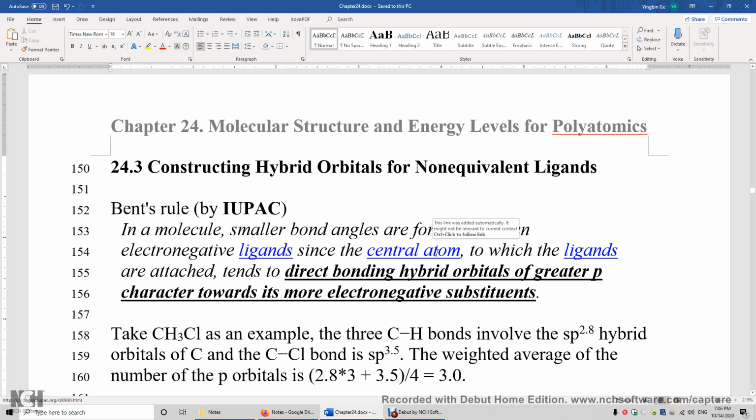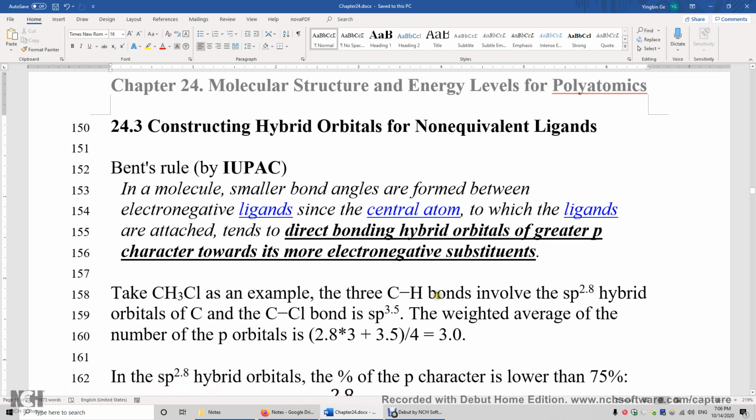Section 24.3 Constructing hybrid orbitals for non-equivalent ligands. Bent's rule states that in a molecule, smaller bond angles are formed between electronegative ligands, since the central atom to which the ligands are attached tends to direct bonding hybrid orbitals of greater p character towards its more electronegative substituents. For example,